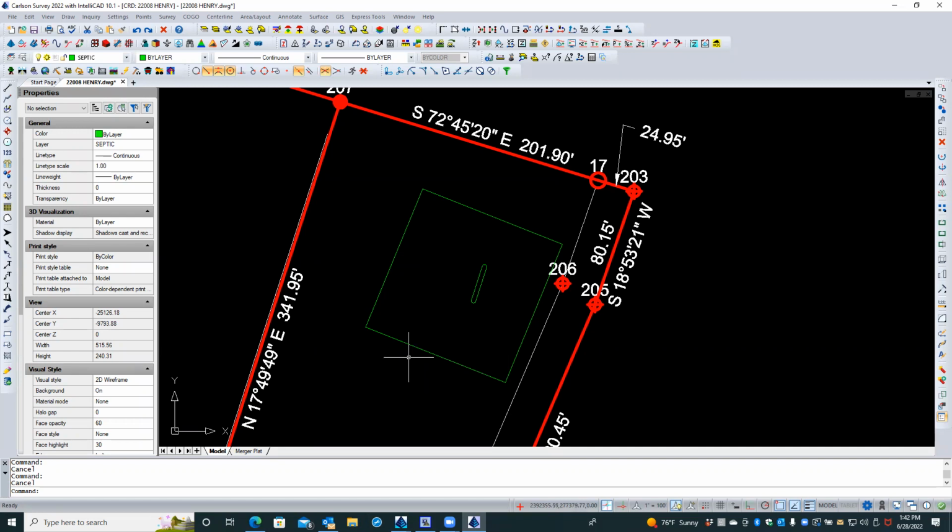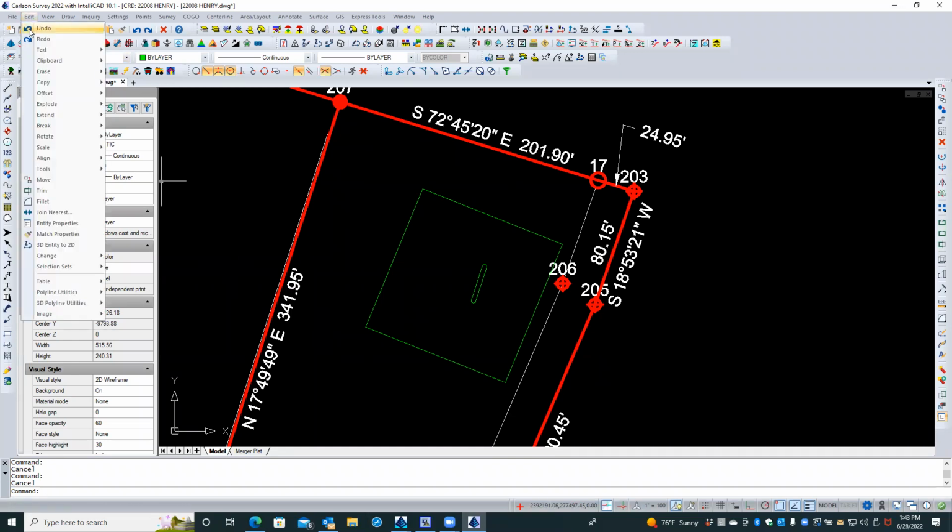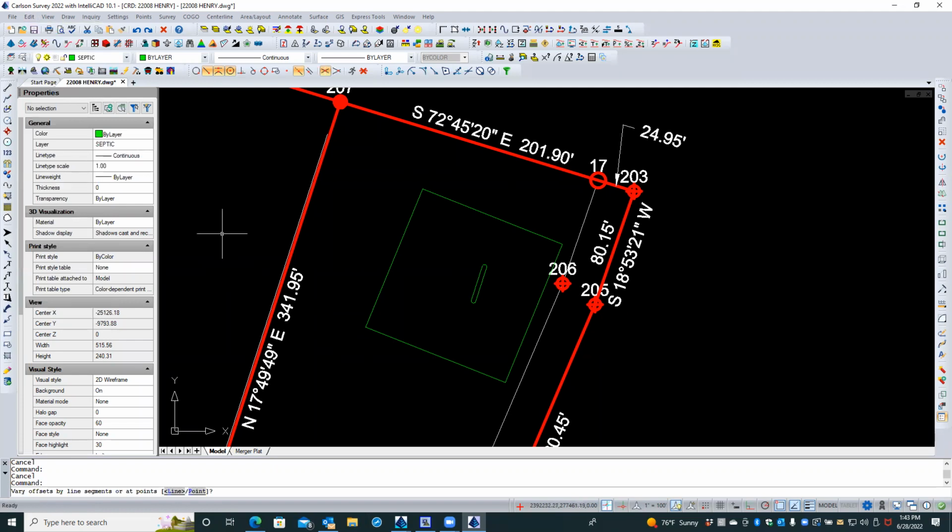Yeah, that one stays. Okay, so go up to your edit menu and let's do a variable offset, because we know we're going to have a 25 foot or a 20 foot. We're going to offset this by line segments,